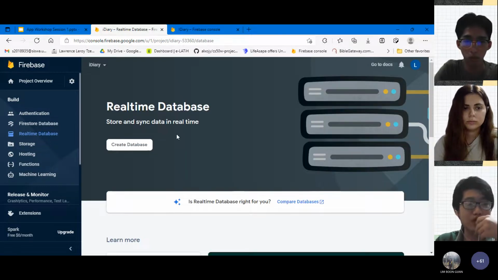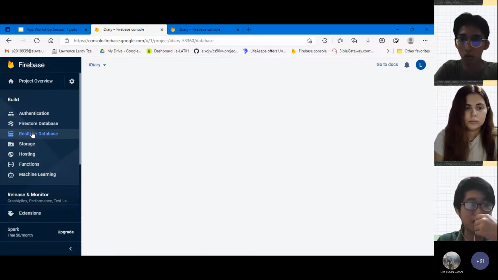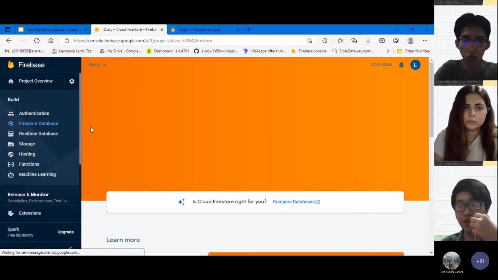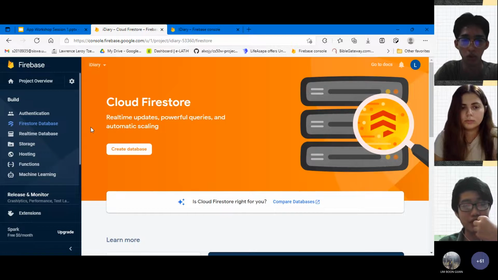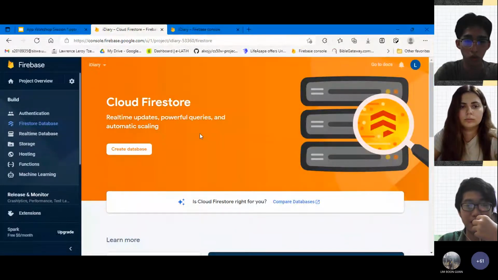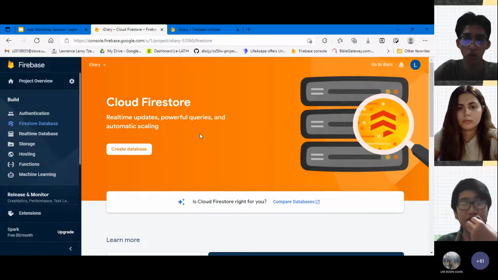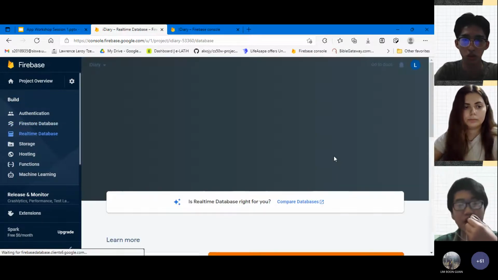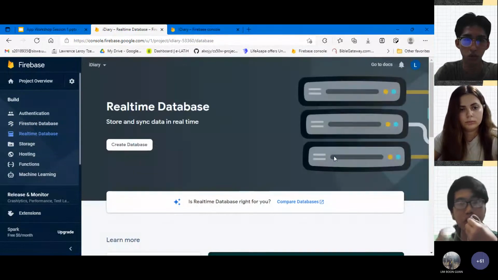The reason there are two kinds of databases for you to choose is because Cloud Firestore is a newer version. It's newer, it's more powerful, and it scales more. You see how the introduction subtitle here writes it. It's meant for a larger scale, like enterprise scale data. We're talking about not just gigabytes, but terabytes or even zettabytes. Something like Facebook, Instagram, where you have a lot of users, so that's a lot of data. And real-time database is meant for low latency and a smaller approach.